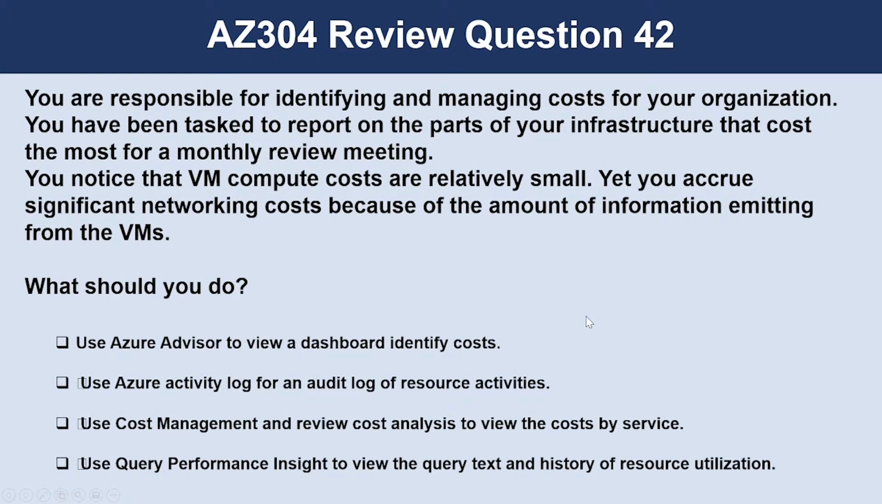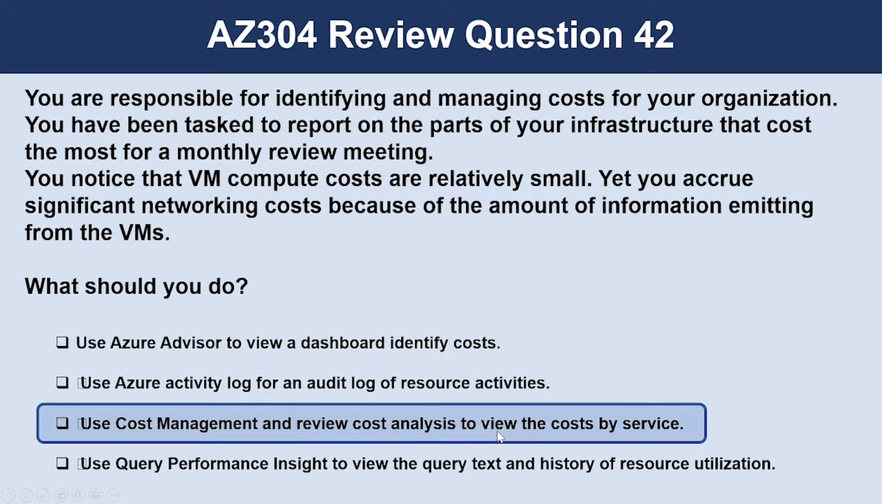Question number 42. You are responsible for identifying and managing cost for your organization. You have been tasked to report on the parts of your infrastructure that cost the most for a monthly review meeting. You notice that VM compute costs are relatively small, yet you accrue significant networking costs because of the amount of information emitting from the VMs. What should you do? The correct answer is use Cost Management and review cost analysis to view the cost by